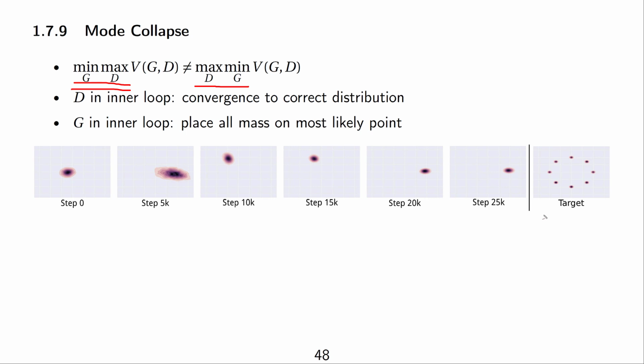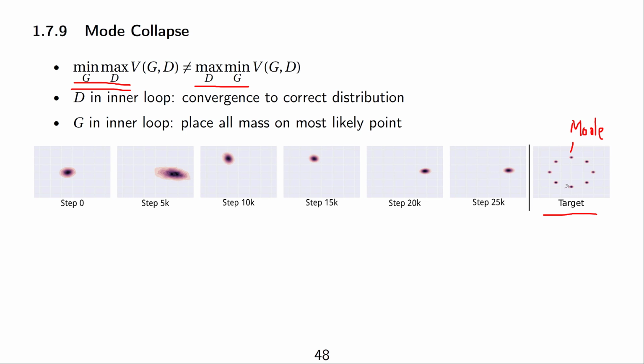So in this example here, we see a game where the generator has to output points in 2D space, and we see a target distribution that had multiple modes. You could imagine each of these is like its own mini Gaussian distribution. So each of these things we would call a mode, and the target distribution